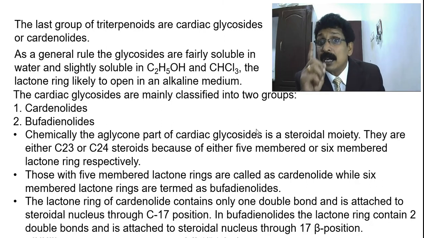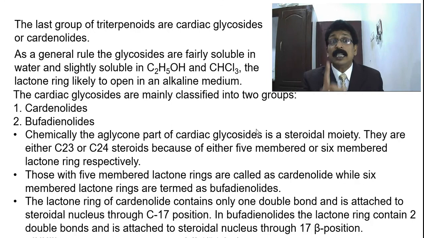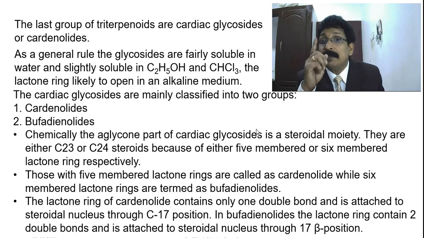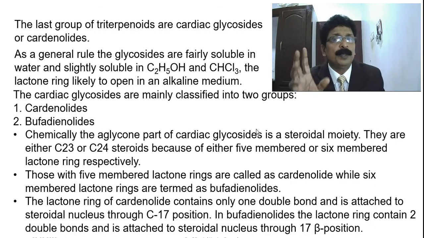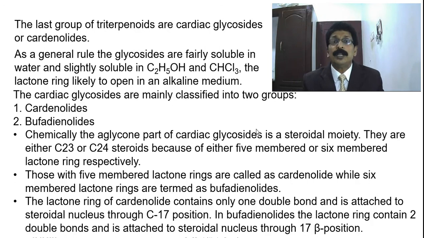You say cardiac glycoside or cardiac glycoside genin part. So that is what we are going to discuss. So lactone ring with an O group: 6-membered lactone ring, 5-membered lactone ring. Students should be clear with that at this degree level. Understand? So these are very simple points which I am just repeating.